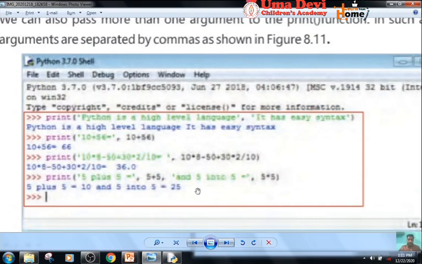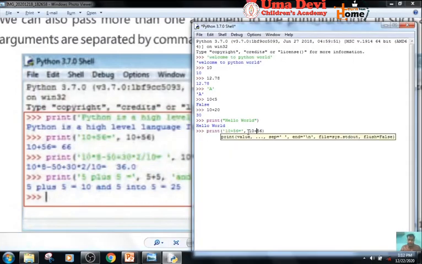Suppose that I want to print: I have given the print command, then one argument, 10 plus 56 is equal to, and then the second argument, 10 plus 56.